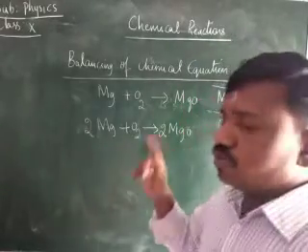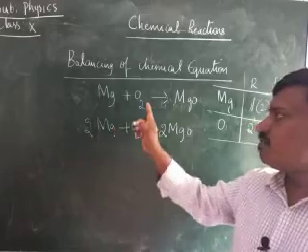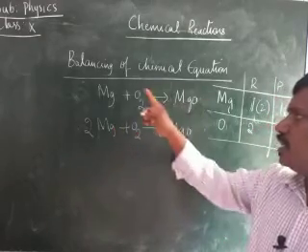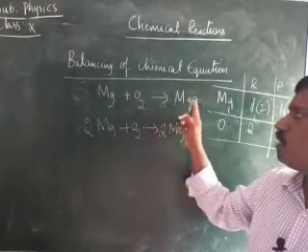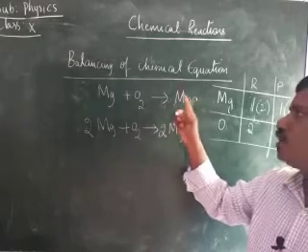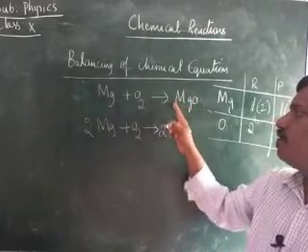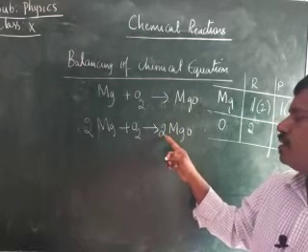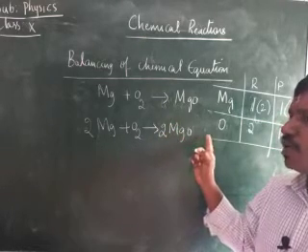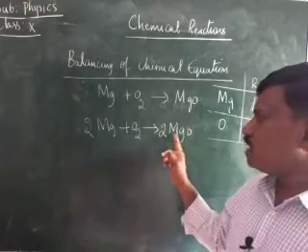Therefore how to do this equation? Once again I will explain, children. Here magnesium is reacting with oxygen to give magnesium oxide. Here 2 atoms of oxygen are there, and on the other side only 1 atom is there. Therefore I should make this 1 atom as 2. So I am keeping 2 over here. When I keep 2 here, this 2 represents the total compound, that is magnesium and oxygen together. Therefore 2 Mg as well as 2 O.